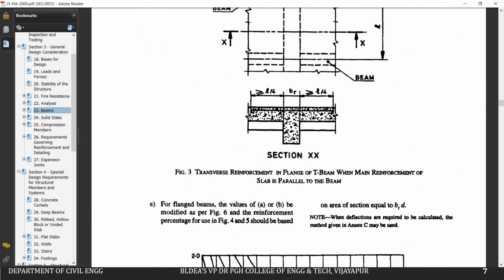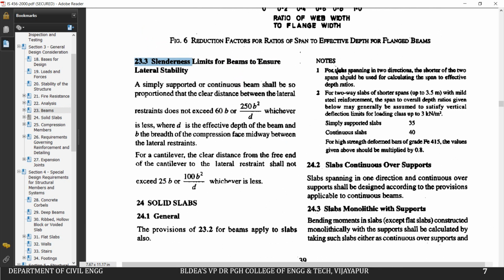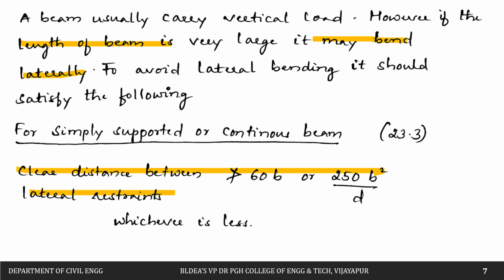You can see here 23.3, that is the slenderness limit for beams. So this is what I had just shown you: the distance between the lateral restraints does not exceed 60 times b or 250 times b square by d. Then next comes